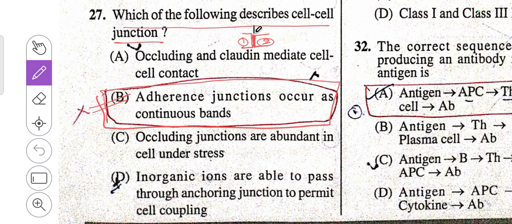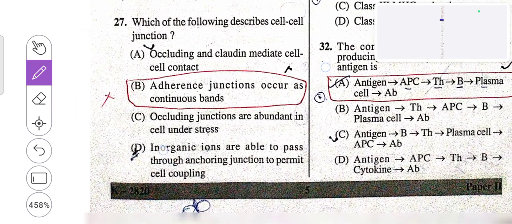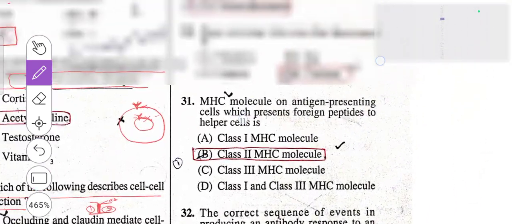Adherence means attachment. So attachment between the two will be called an adherent junction, so it can form a continuous band. So 27, B is the right answer. Then